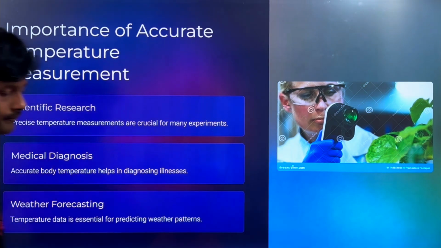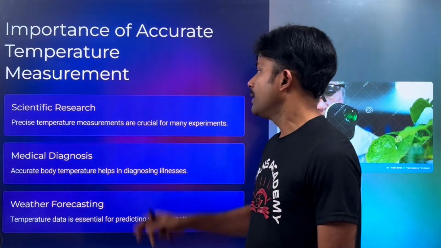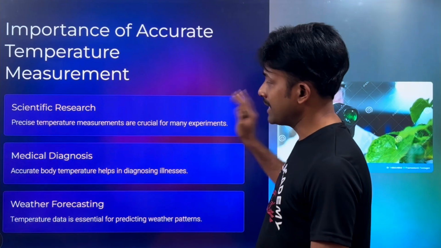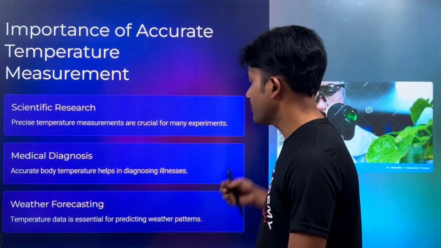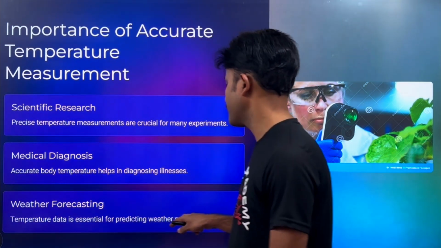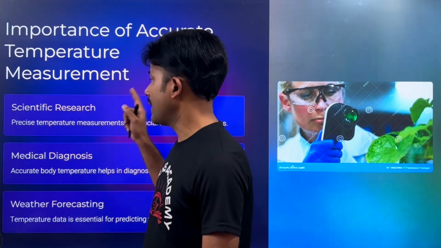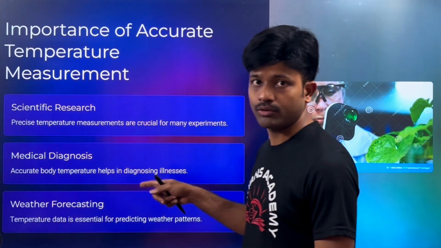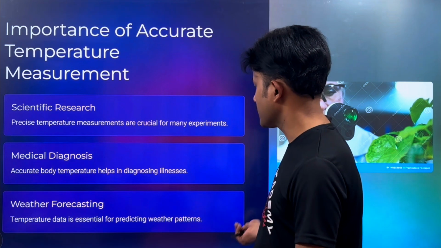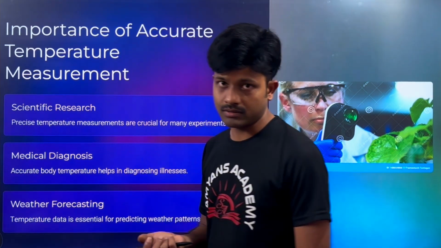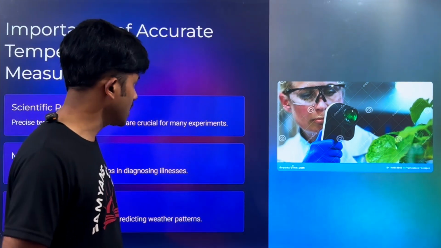Importance of accurate temperature measurement. Scientific research: precise temperature measurements are crucial for many experiments. Medical diagnosis: accurate body temperature helps in diagnosing illness. Weather forecasting: temperature data is essential for predicting weather patterns. These are the importance of accurate temperature measurements. In scientific research and medical diagnosis, we have to measure body temperature accurately, and for weather forecasting we have to collect the temperature data. It is essential for predicting weather patterns. This is helpful for the farmers, right? And the last we have here